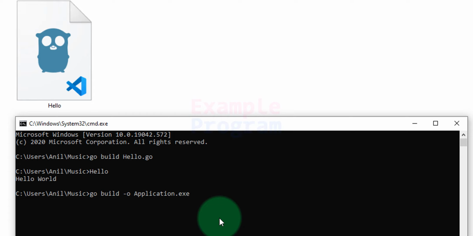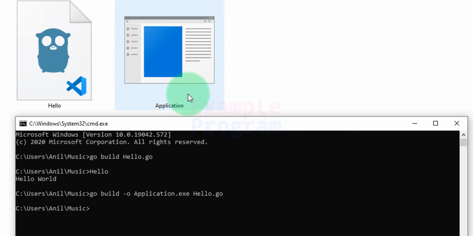That's because we are using the Windows operating system, and in Windows the executable files will have the .exe extension, and then space, and we need to provide the name of the file containing the source code, which is hello.go. And after that, if I hit the enter button, you guys can see here the executable file is created with the name that we have given, application. Now we just have to call this executable file by using its name, and we get the output of our program. It will display hello world.